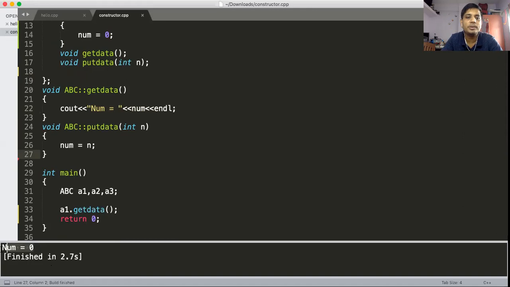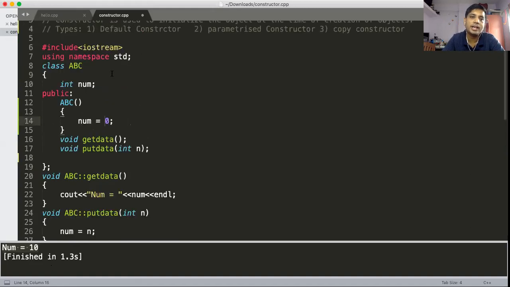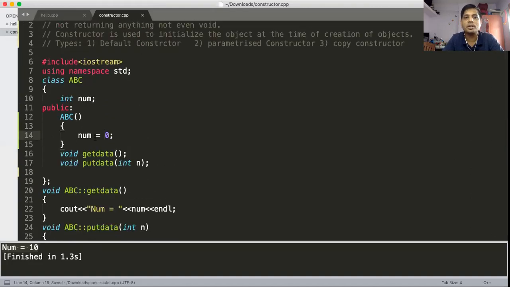Okay, so we are getting num is equal to 0. If I initialize with 10, then you get num is equal to 10. So A1 getData, A1 num is 10, A2 also 10, A3 also 10. Whatever value you have initialized in your constructor, that value will be assigned to num at the time of creation of the object.